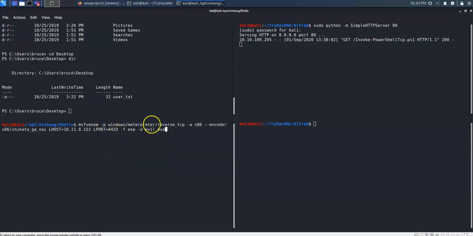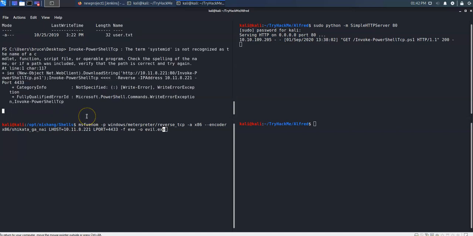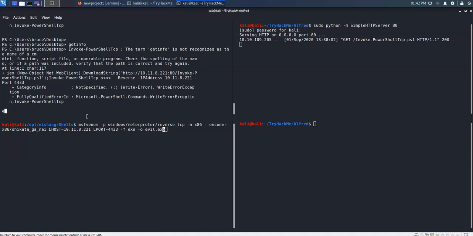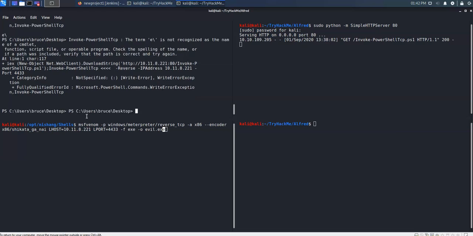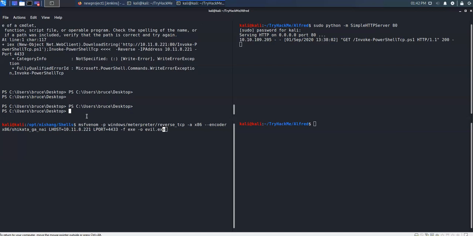So the payload is windows meterpreter reverse TCP x86, encoder is this one right here. This is the LHOST, that's your IP address, the port that you're gonna listen to, the file type, and the output. Okay, we can do a sysinfo. I think it's sysinfo or get info. No, let me see. What's the correct one? That's my meterpreter. These commands are from